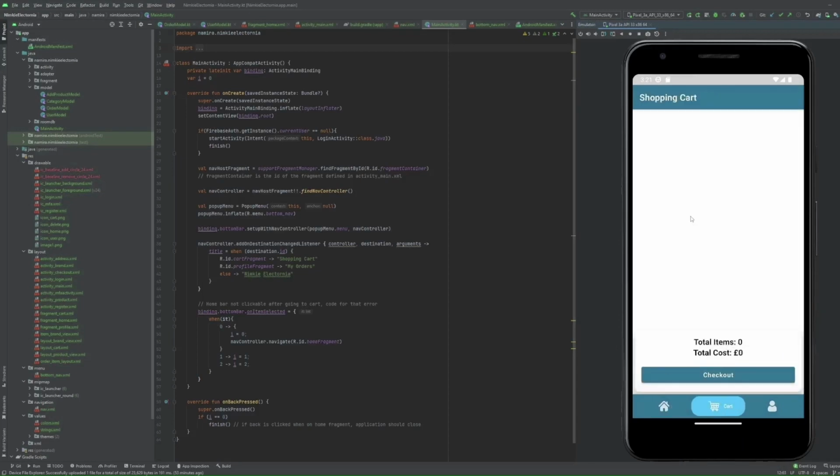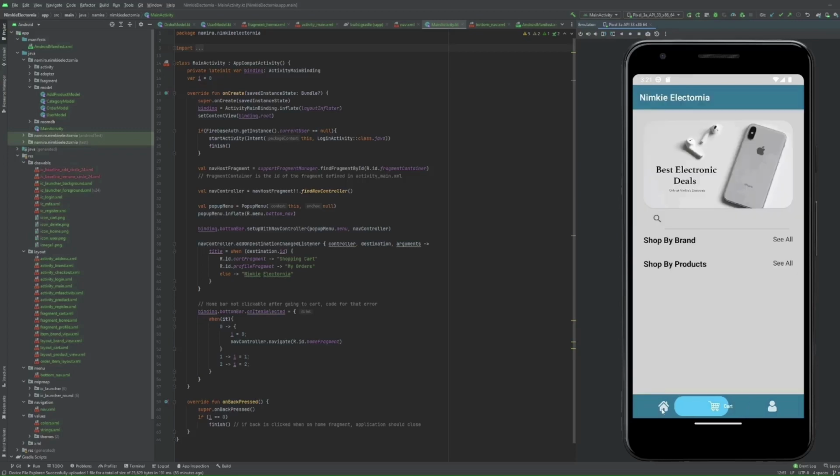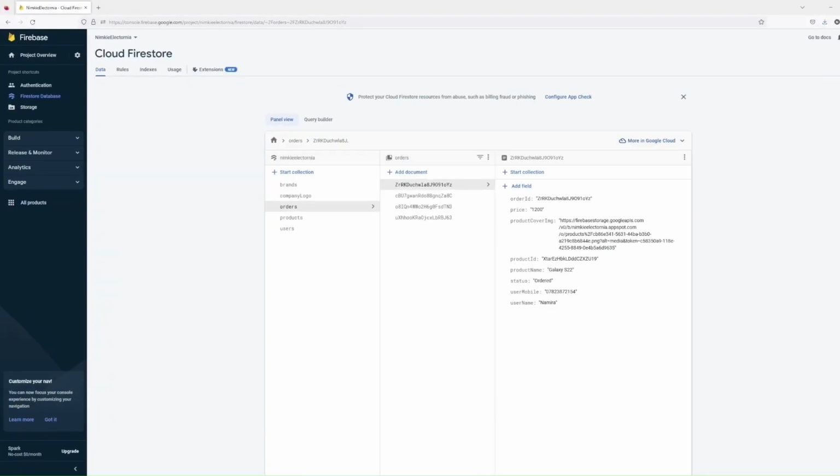Now let's go back to our shopping cart and we can see that the basket is clear. After placing the order, now let's go back to our Firebase database. Let's take the order that we have placed here. Now we can see that the product Find X5 Pro has been ordered by username Namira, and the same goes with